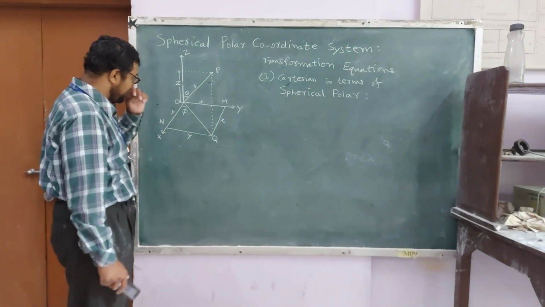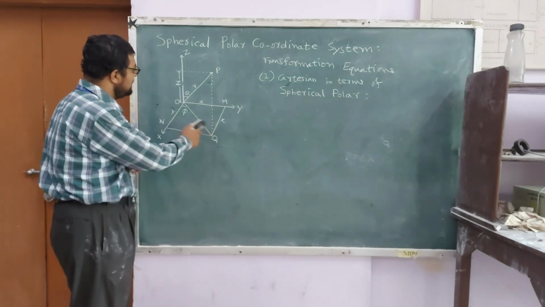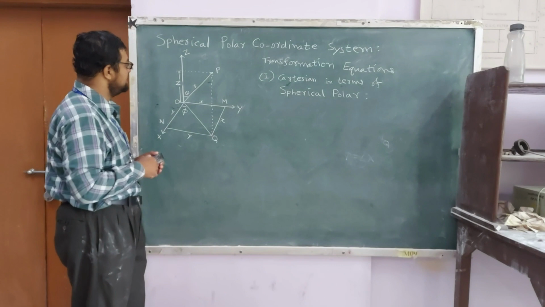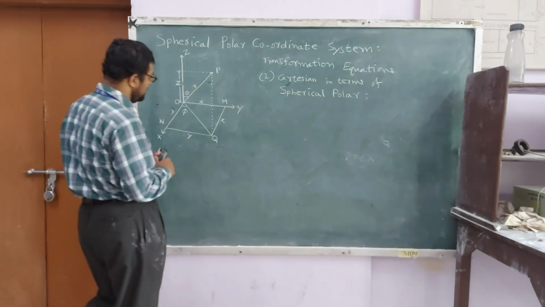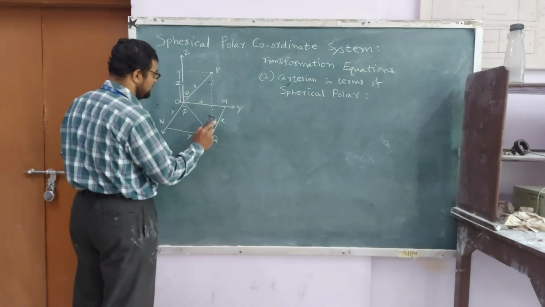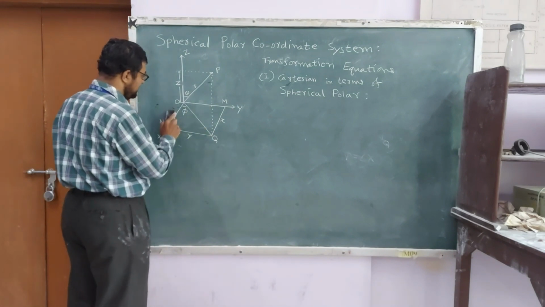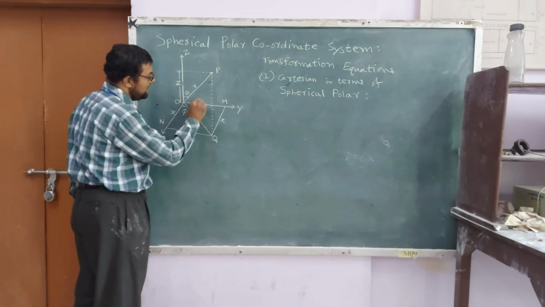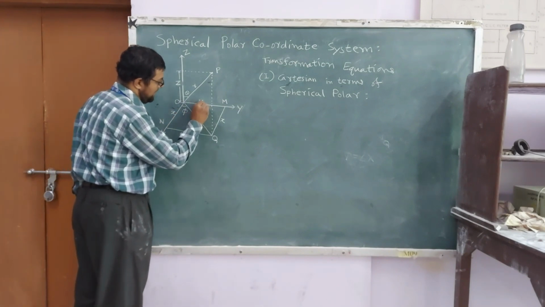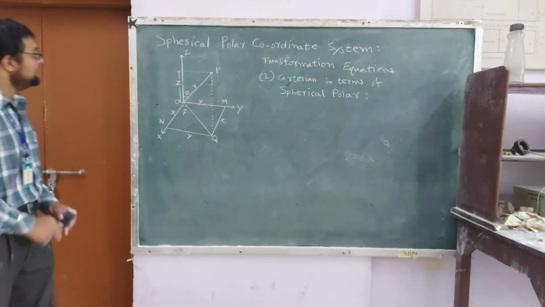Okay. Now, first of all, we shall consider all these coordinates, that is Cartesian in terms of what? Spherical polar coordinate system. So, 1 minute. This is actually somewhat mistaken here. So this is our X. Again, this is our X. This is Y, and here again we have Y. Okay. Sorry for this.